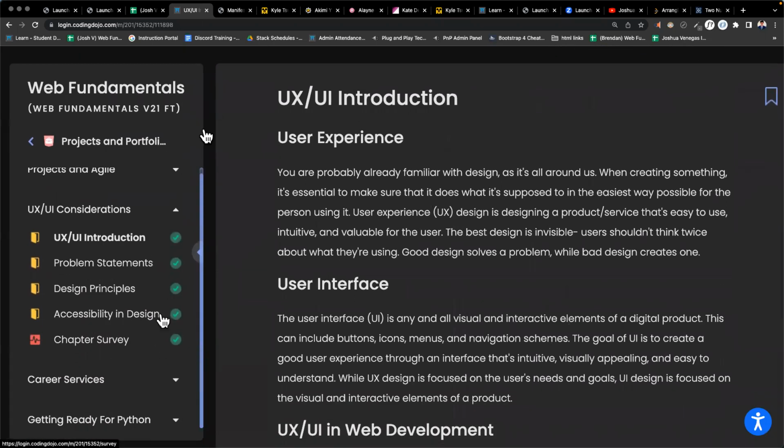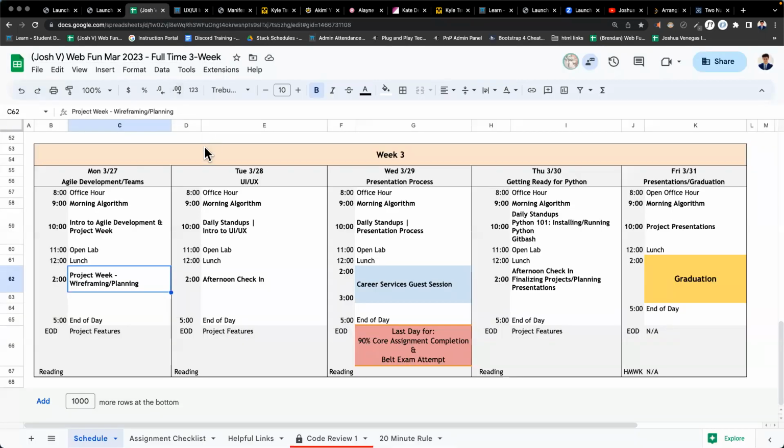As far as UX, UI information, I'm going to put that into tomorrow's morning lecture, to talk about user experience and user interface. This is going to help refine your goals as a project as we go through the week. Okay, so we're going to do our daily stand-ups after that. We're going to do daily stand-ups every morning after our algorithm. We're going to show our progress according to our timeline and goals, and we are going to present on Friday morning after our morning algorithm.